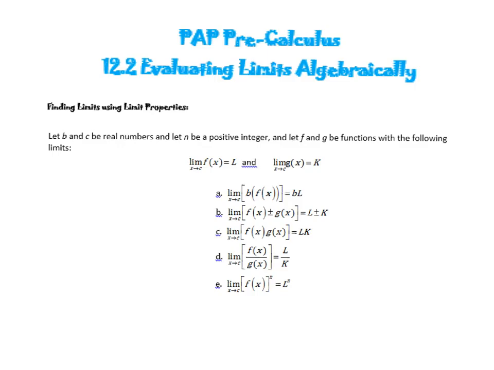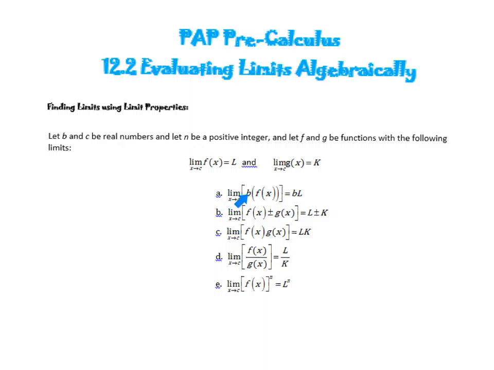So, first things first, finding limits with properties. If I let b and c be real numbers, and let n be a positive integer, and let f and g be functions with the following limits. Your limit as x approaches c is L. So basically, if I give you one function and the limit is L, and I give you another function and the limit is K,